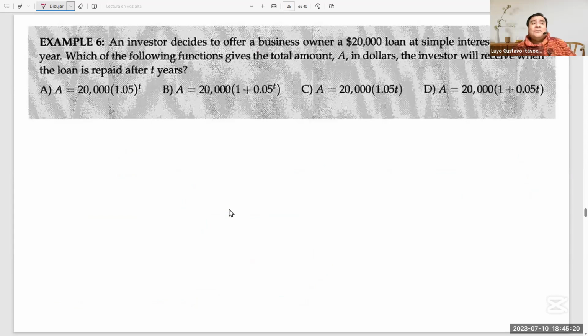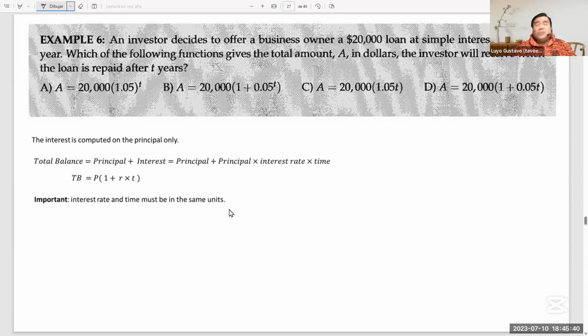It says an investor decides to offer a business owner a $20,000 loan at a simple interest of 5% per year. Which of the following functions gives the total amount A in dollars the investor will receive when the loan is repaid after 30 years? Notice that if you want to solve a simple interest question, you can take this approach. For calculating the simple interest on some initial investment amount or principal, this interest is always a product. The principal, the initial investment amount, multiplied by the interest rate expressed as a percent and multiplied by the duration